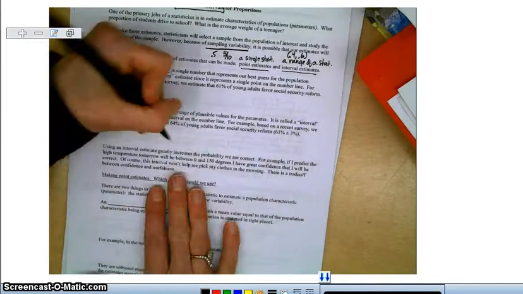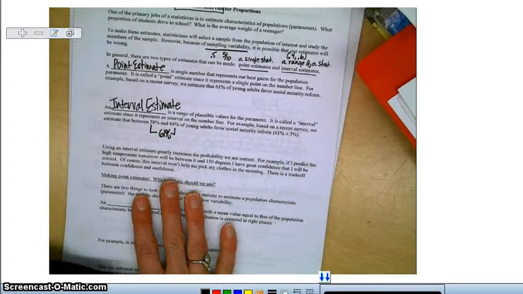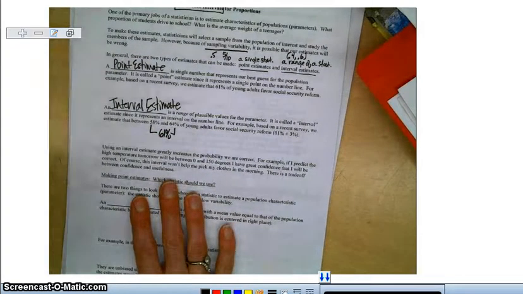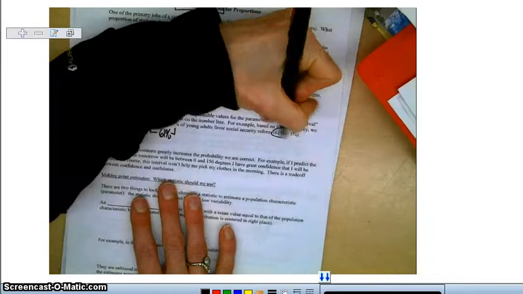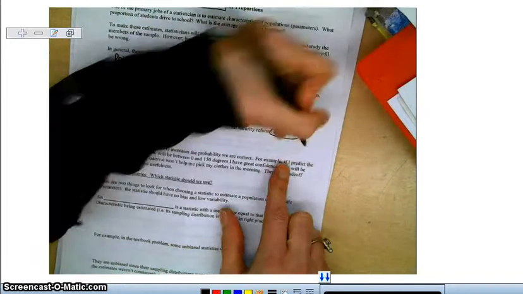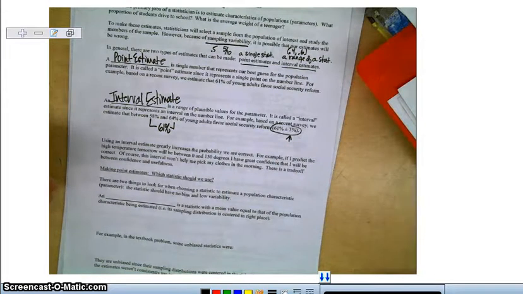Now notice, where is the 61% in this interval from 58 to 64? It is always the middle. The point estimate, the statistic you gather, is always the middle of the confidence interval. And in fact, you take the 61% and you simply add and subtract the 3%. We need to learn how to calculate that 3%. 2 standard deviations away, above and below.